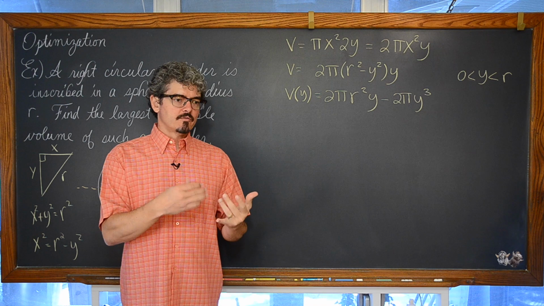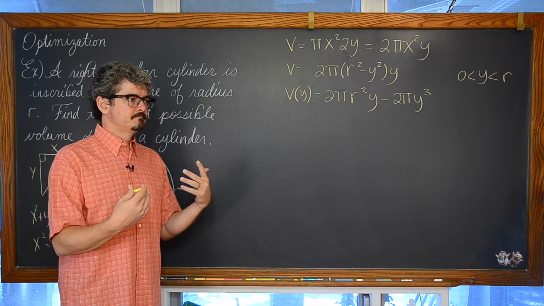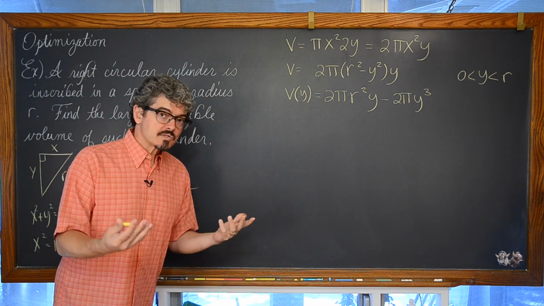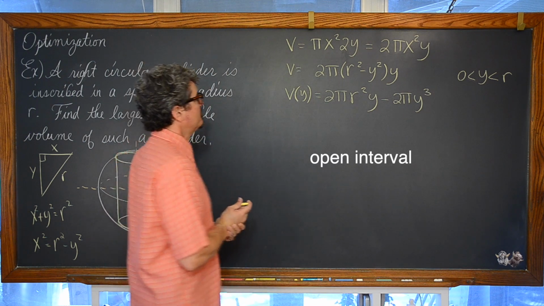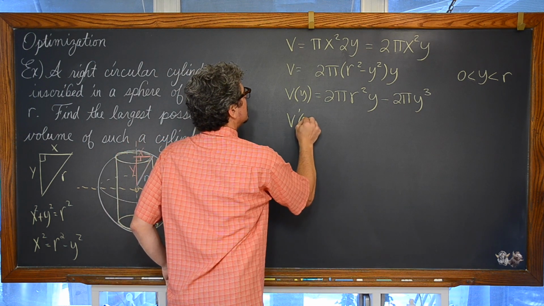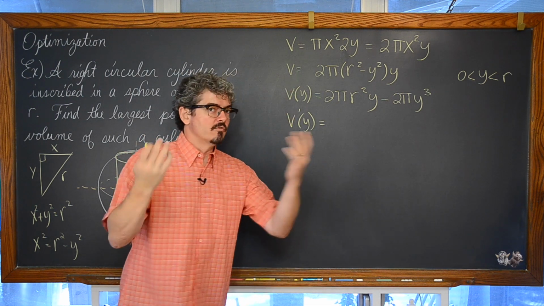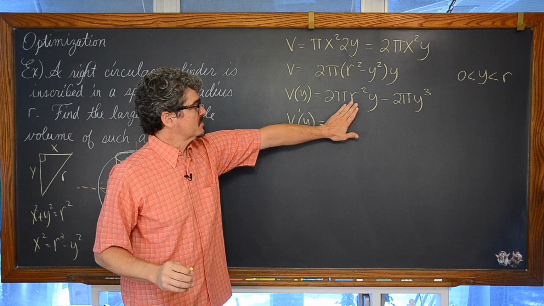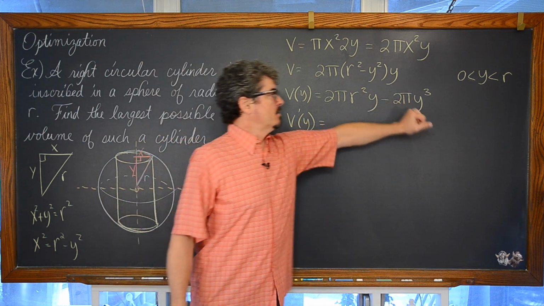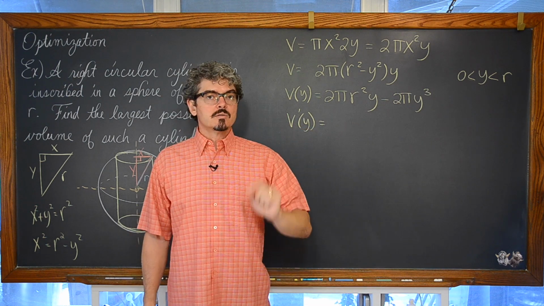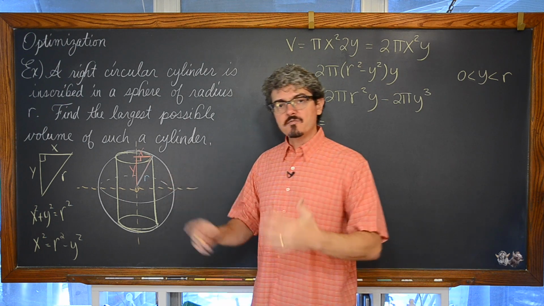So I'm going to work with the first and possibly second derivative test to find relative extrema, but if you only have one critical value on an interval, then that ends up being an absolute max or min. So anyway, V prime of y. I don't know if you need me to review and verbalize all my thinking on this. You may be very advanced in calculus, hopefully not wasting your time. As you take a derivative of this function, remember that while we do not know what the value of y is, and we do not know what the value of r is, for this problem, that fixed radius of the sphere, it's a constant.